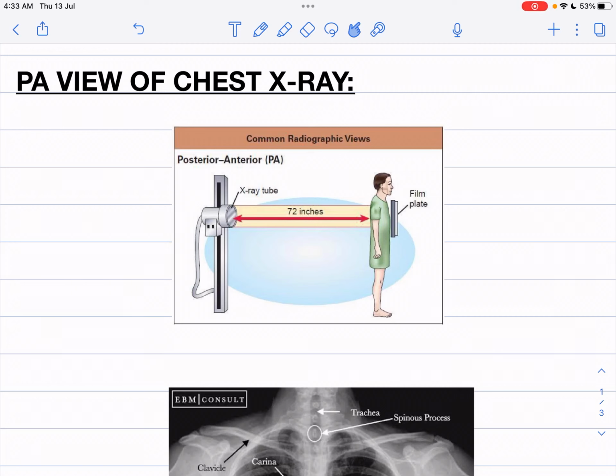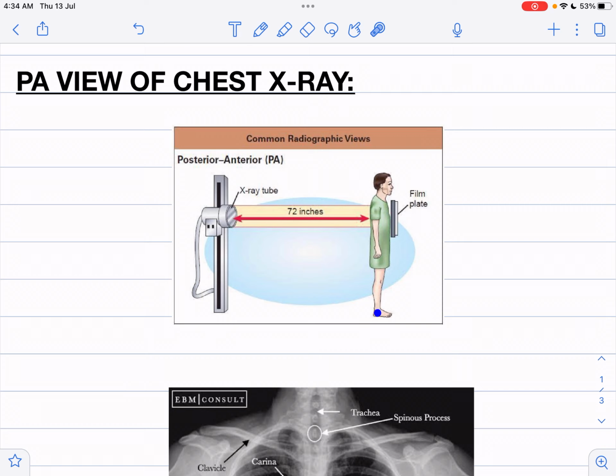So today the topic that I'm going to discuss with you guys is the PA view of chest X-ray. So what does this PA word mean? This means posterior anterior view. It is known as posterior anterior view because, as you guys can see over here, there is this person